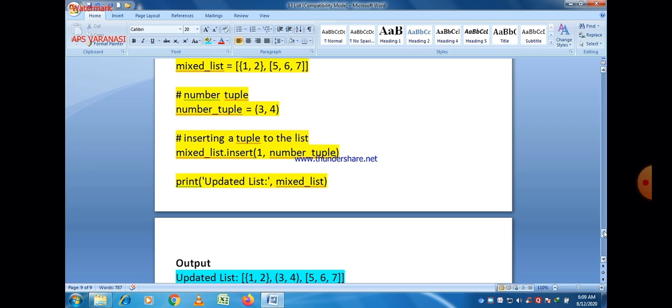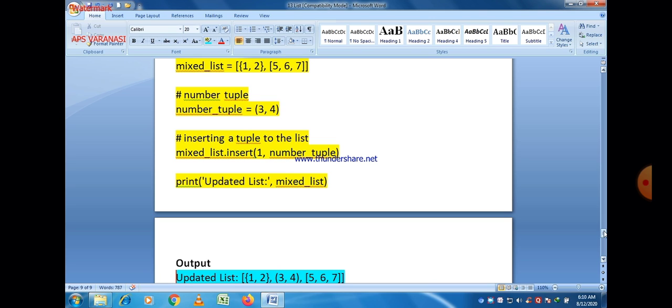One important thing is that there are only 3 data elements. First is a set, second is a tuple, and third is a list here. It doesn't mean that 1 2 3 4 5 6 7 are individual elements. These are not individual elements. These are part of certain data types.